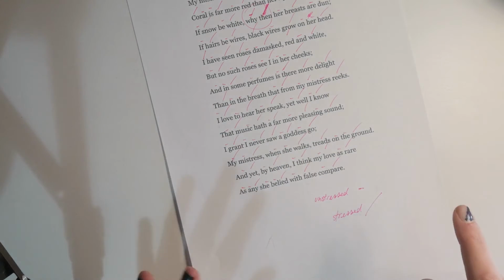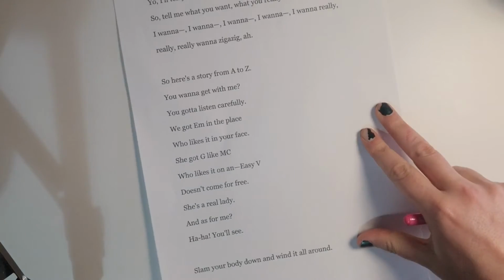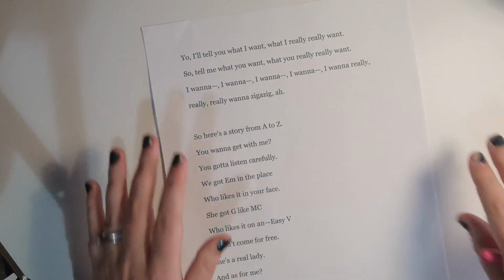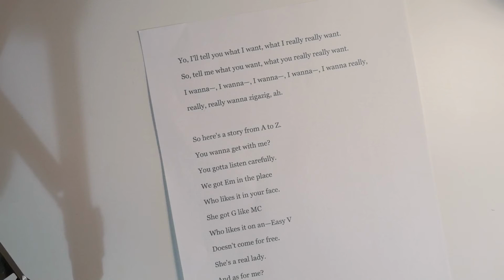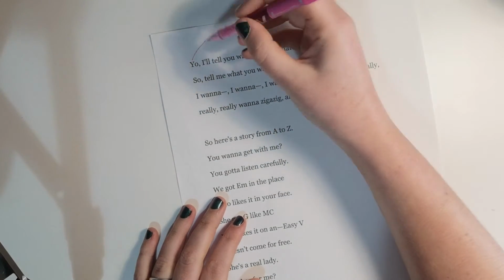So Shakespeare is one thing. Let's try another example. This is the Spice Girls lyrics to Wannabe. So the first line: yo, I'll tell you what I want, what I really, really want. I think yo is definitely an emphasis one. Yo, I'll tell you